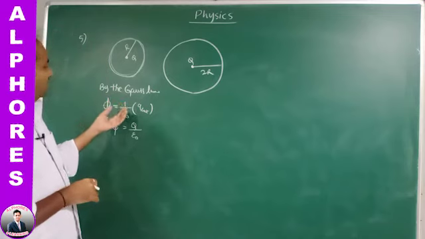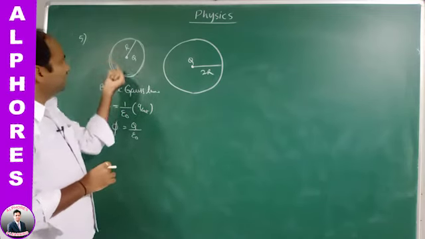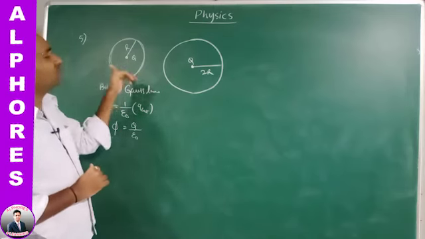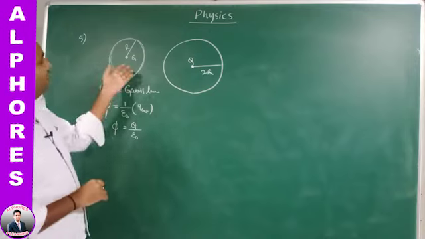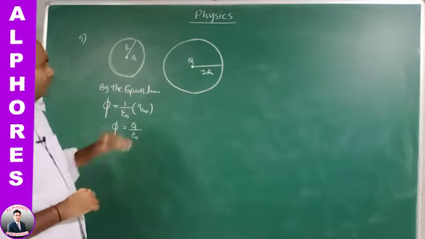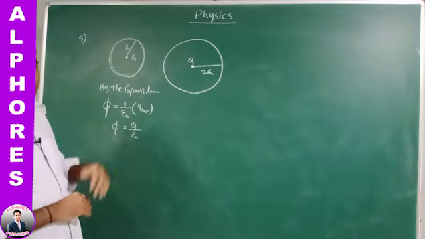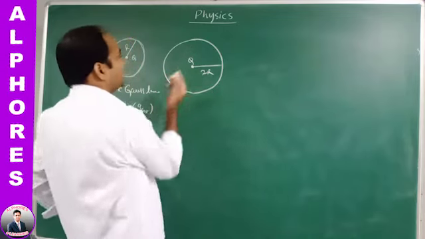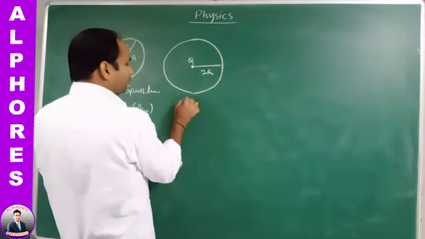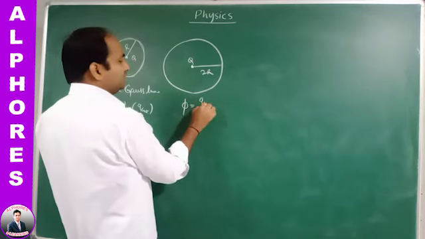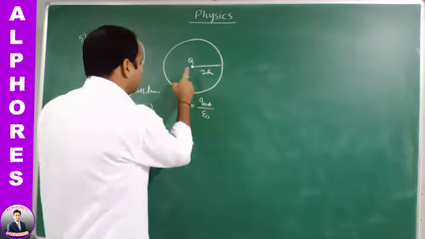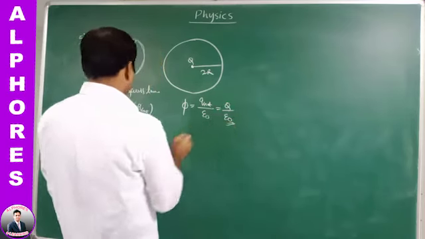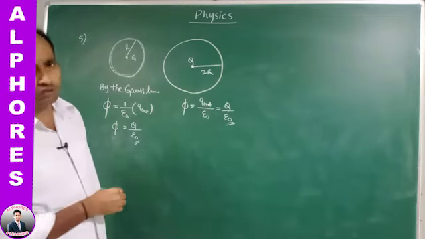Here we are studying that the total flux enclosed by the surface is independent of the shape and size of the Gaussian surface, irrespective of shape and size. You may take any surface. Here also the enclosed charge is the same, only the size of the surface increases. The net charge is Q only. It does not depend upon the area. So again here also Q by epsilon naught. In the first case Q by epsilon naught, the second case is also Q by epsilon naught.